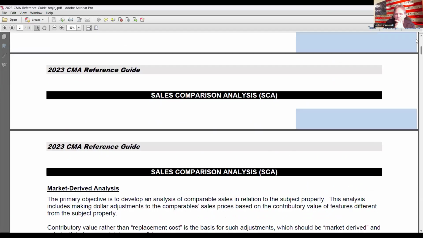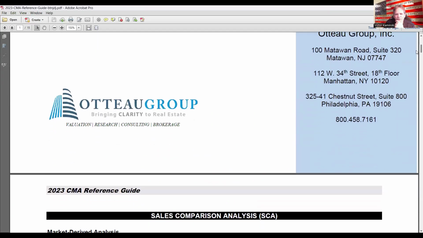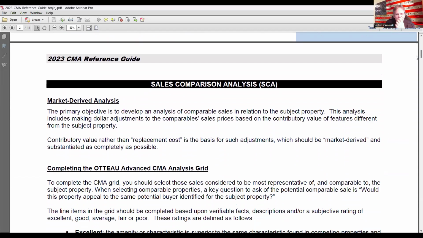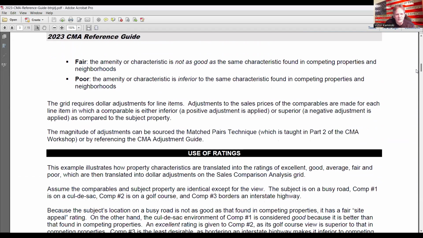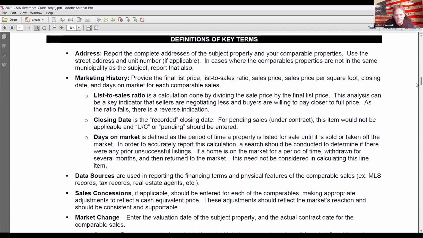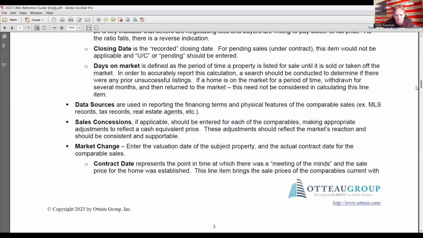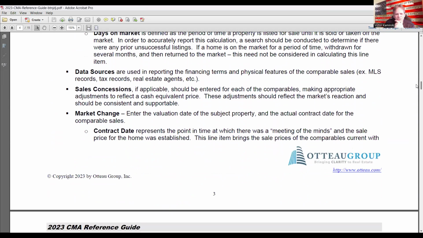All these additional materials that they give you with the adjustment guides, they show you how they grade things, how to come up with the valuations. They go over a lot of information there, but that's not what I'm looking for. Let's see. Oh, there we go. Workshop part 2. The advanced adjustment guide. Okay.